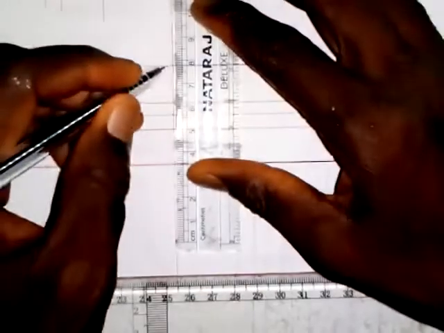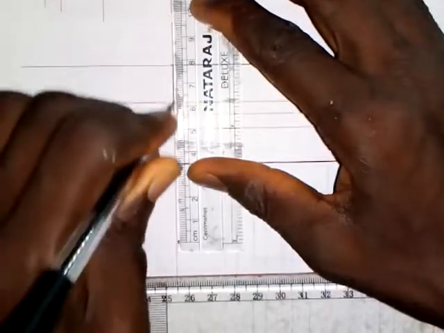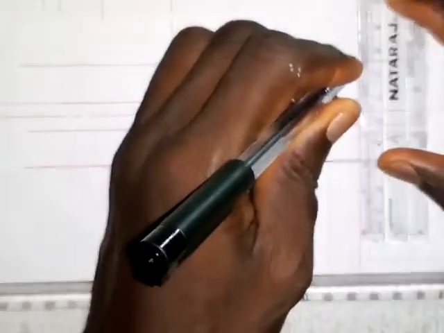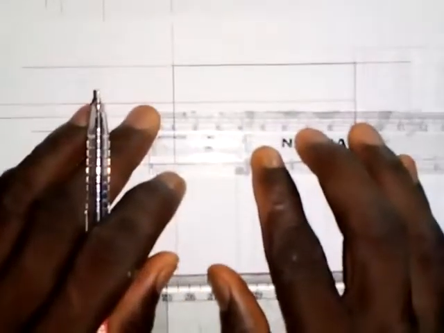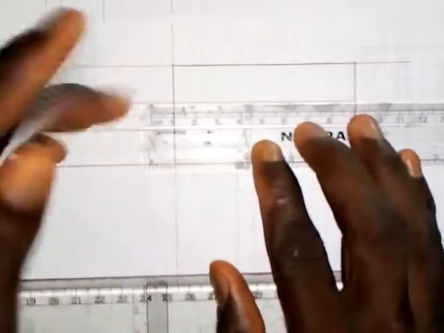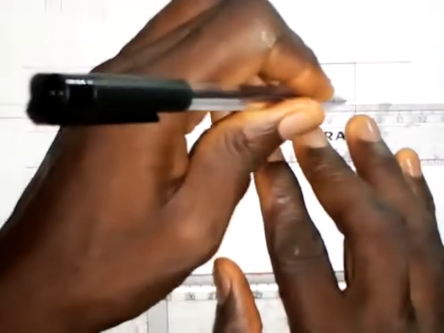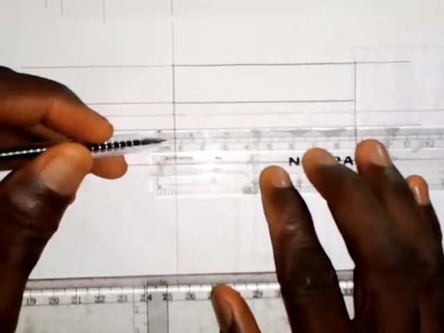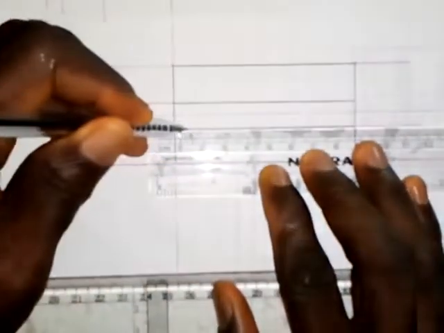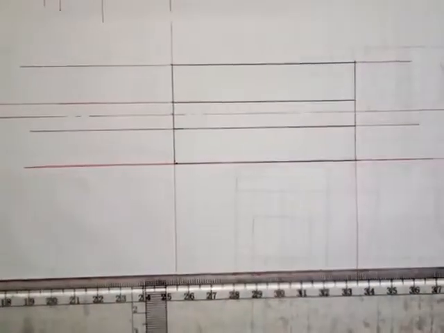So this line also will be a thick line from here to here, and this line will be a thick line from here to here, and also this line will be a thick line from here to here, and here also it will be a thick line from here to here. Okay, now the next thing that we are going to do is